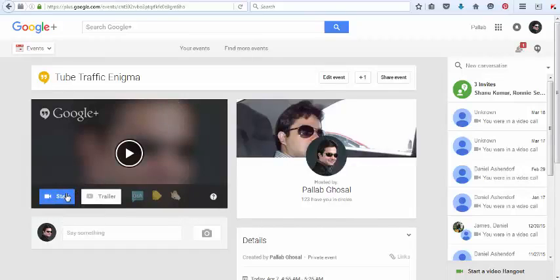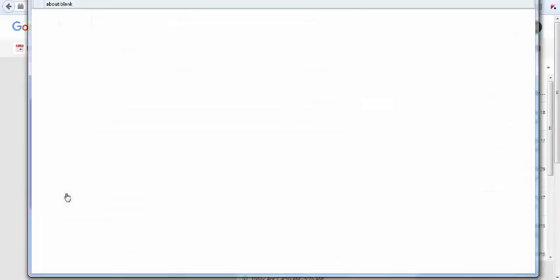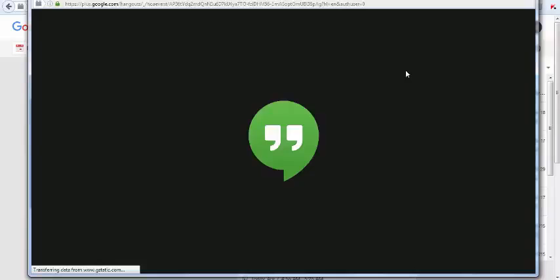Then you can click on start the hangout. Once you click on start the hangout, you have to wait for a few seconds, because this is going to load the entire thing in front of your system.